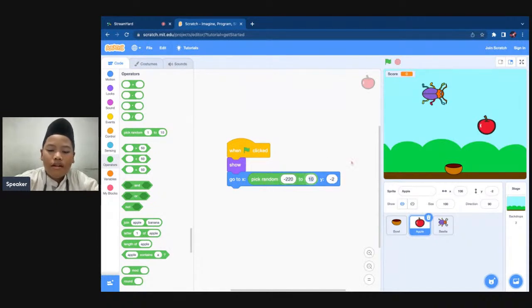The second circle, change it to 220. Now the Y, change the Y into 145. Like this.